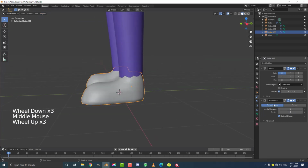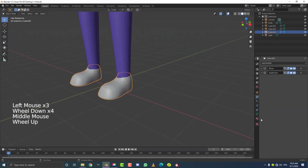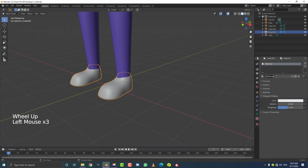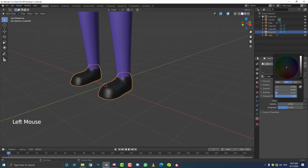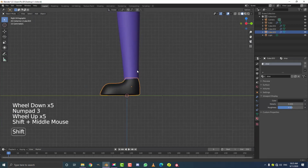And you can bump up the subdivision levels here in the subdivision surface modifier. And then let's just go to our materials, just give it a placeholder and let's call it shoe. And let's just make it black, like that. Okay, cool. Now what we just need to do before we go any further with the shoe is just select